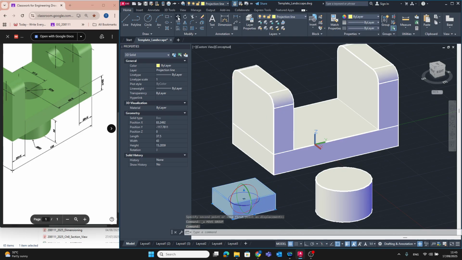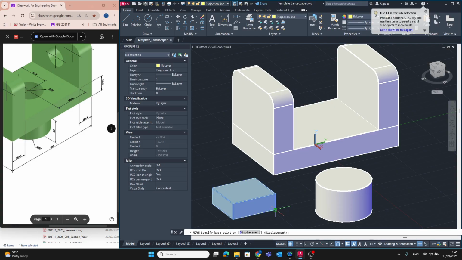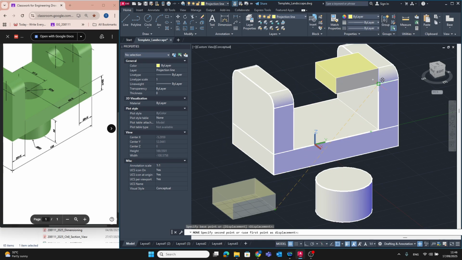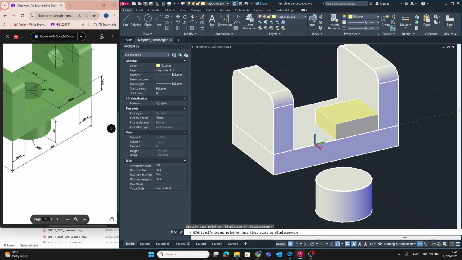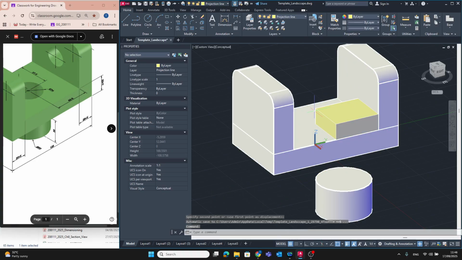Move from this side to the okay. Now you get the position where you're gonna attach the midpoint of the cylinder to the rim of